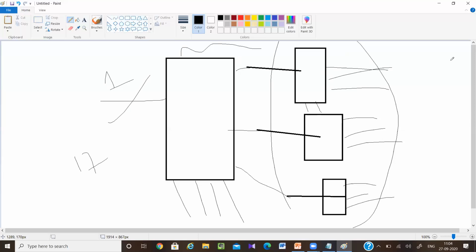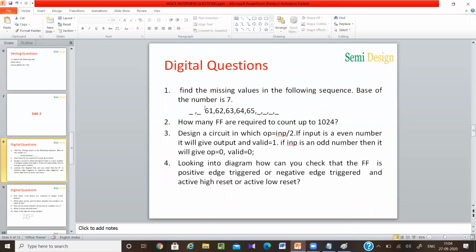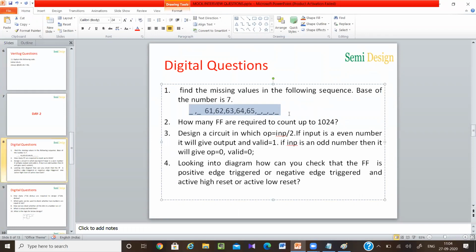Okay. Yes, ma'am. Thank you. Ma'am, can you please explain the digital first question? Ma'am, I was late at that time. Okay, I will explain. And one more thing, if someone is facing any interview and you are facing any difficulties in that interview, then share it with me in the group so that I can take a class according to that, so that you will be able to at least crack the interview. Whether it is a written test, face-to-face interview, or during study you are getting any doubt, you can ask me. Okay, so here the question is, just 1 minute left.